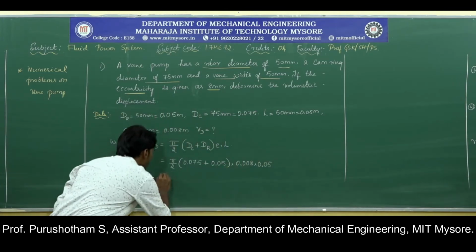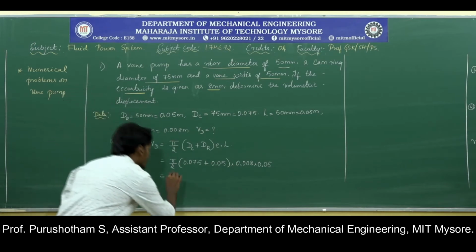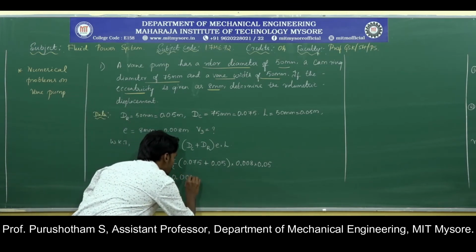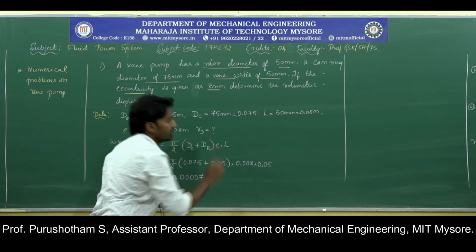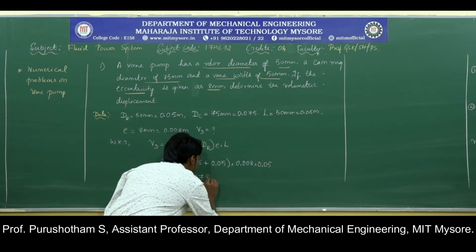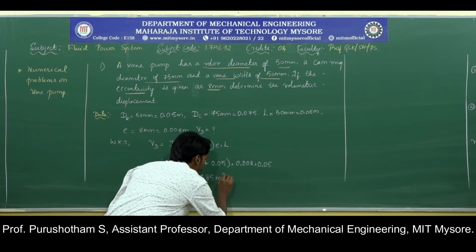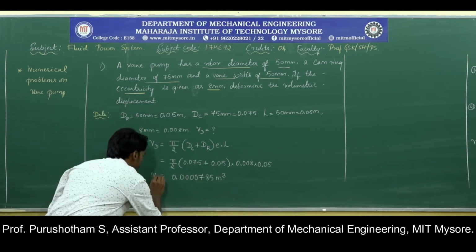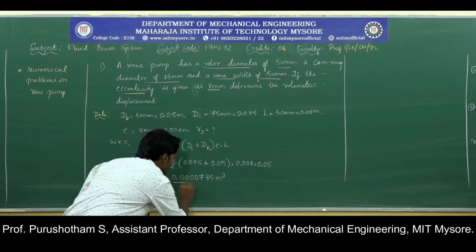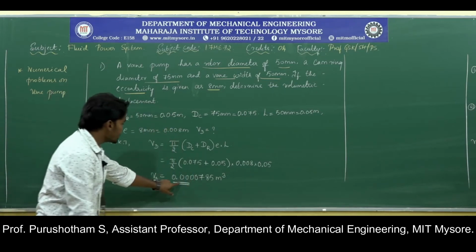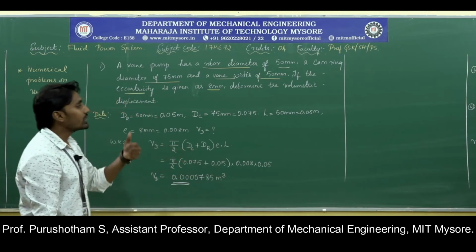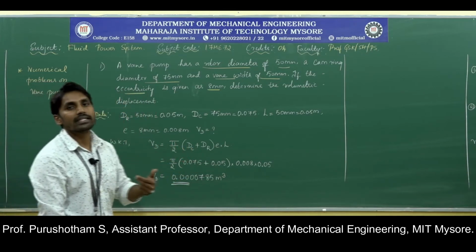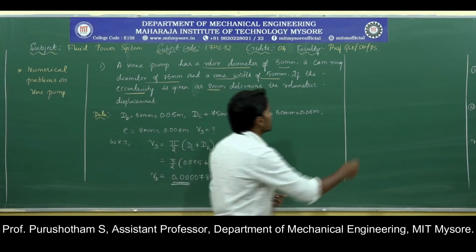If you simplify this, you will get 0.0000785 meter cube. So that is the volumetric displacement, 0.0000785 meter cube. If you want to represent it in terms of liters,